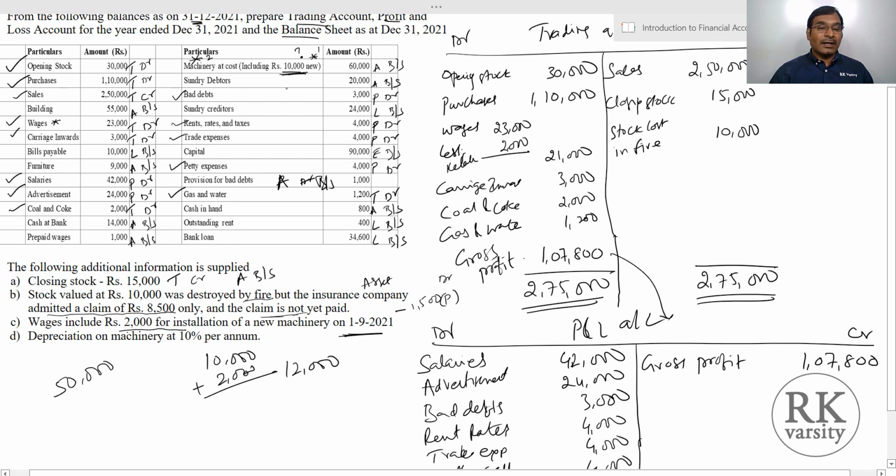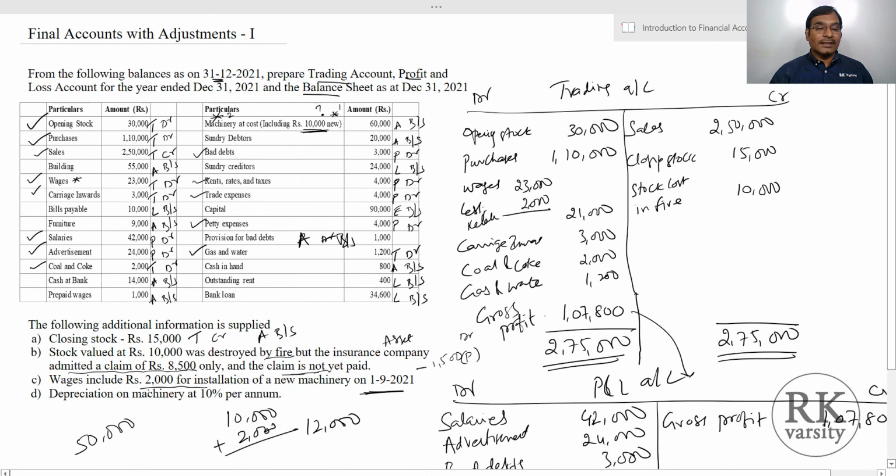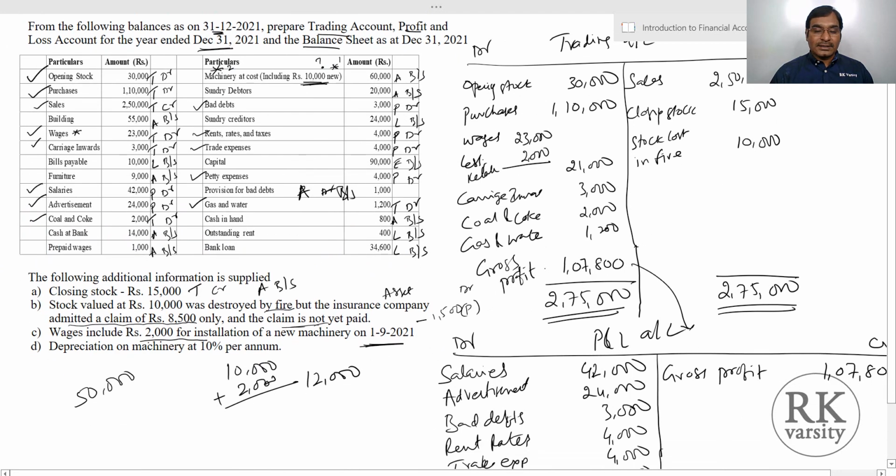And we have to create the balance sheet as on 31st December. So you have September, October, November, December, 4 months. So here we calculate depreciation for 4 months only, because first September. So on 50,000, 10% is 50,000 into 10 by 100. So this equals 5,000, which is the depreciation on old machinery.